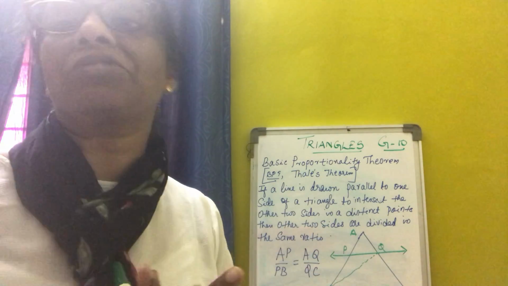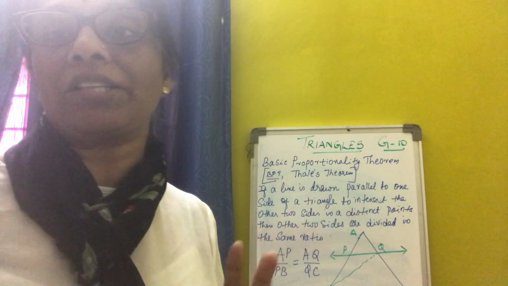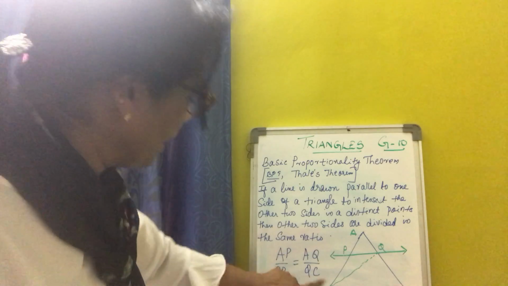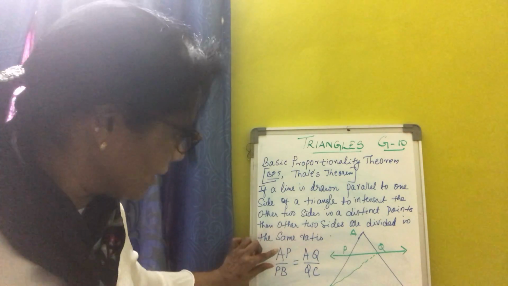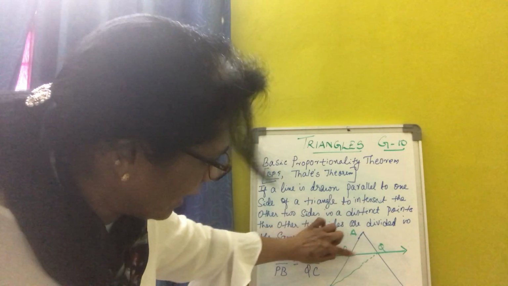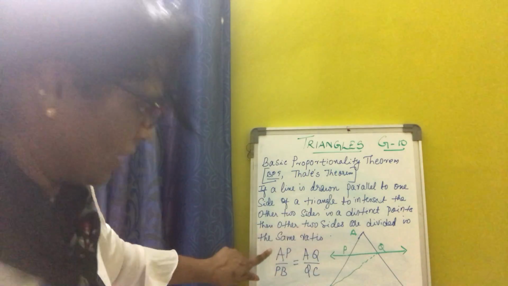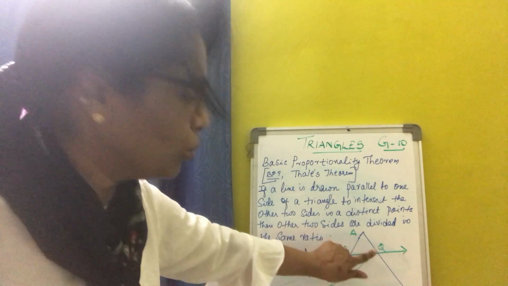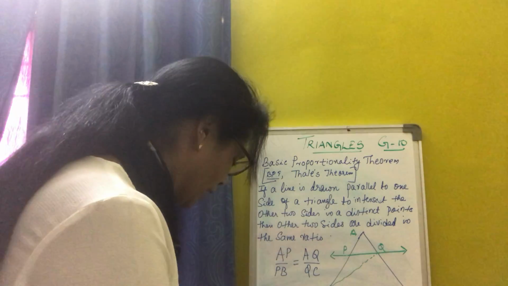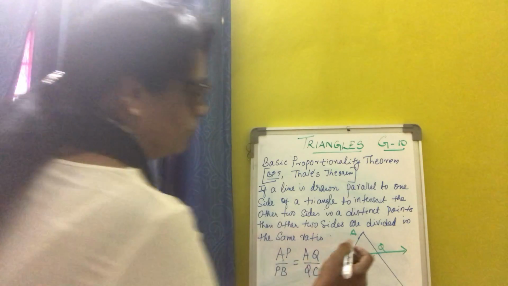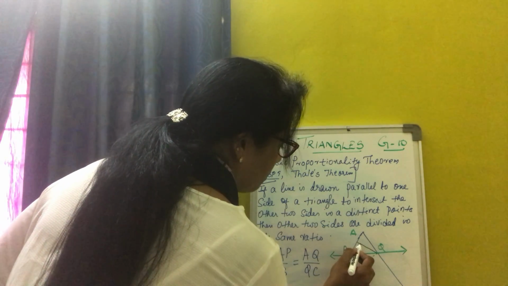Now in these two triangles, I am going to apply the area of a triangle, half into base into height. Suppose we take the bases as AP and PB. AP is the base of which triangle? APQ. If the base is AP, I want to do a construction again to get the height of that particular triangle. So how to get the height of the triangle? From the vertex Q, I am drawing a perpendicular to the side AP.